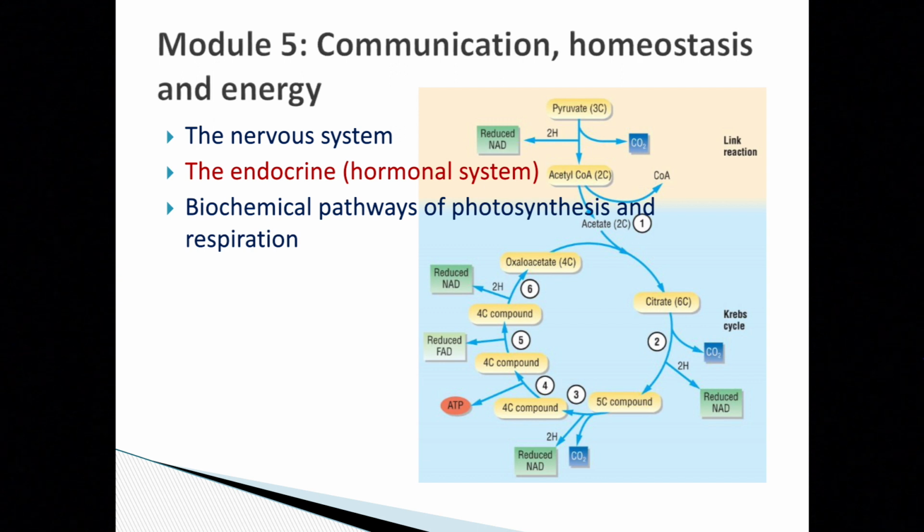We also study in some depth the biochemical pathways of photosynthesis and respiration, and this gives another opportunity to demonstrate the difference between the GCSE qualification and the A-level, because in GCSE you simply learn that respiration involves the reaction of glucose with oxygen to produce water and carbon dioxide, but you can see here in this graphic, which represents